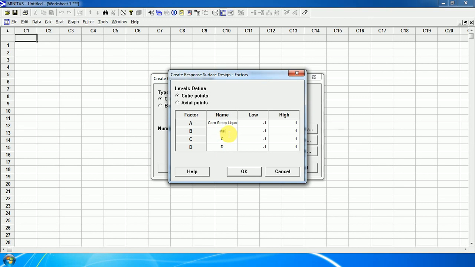Our second factor is malt extract, which is a nitrogen source, and this will also be represented in percentage. Then we will select, suppose, pH, and then temperature.